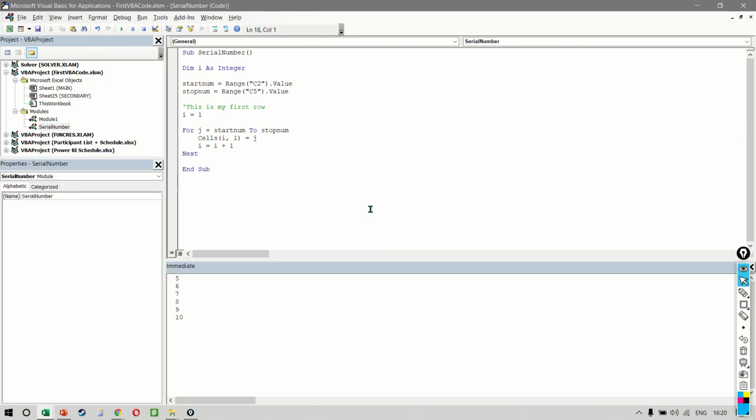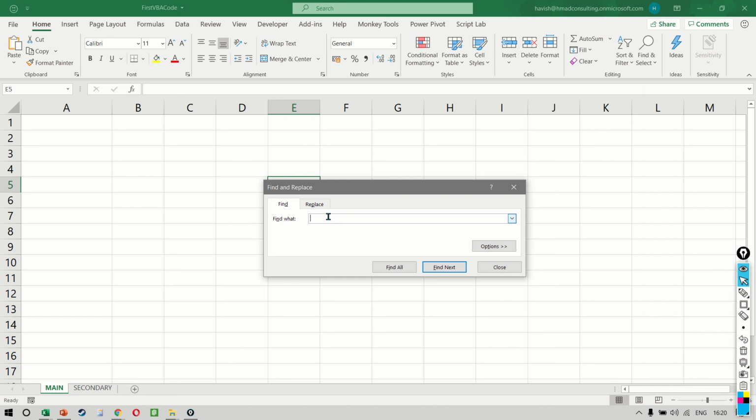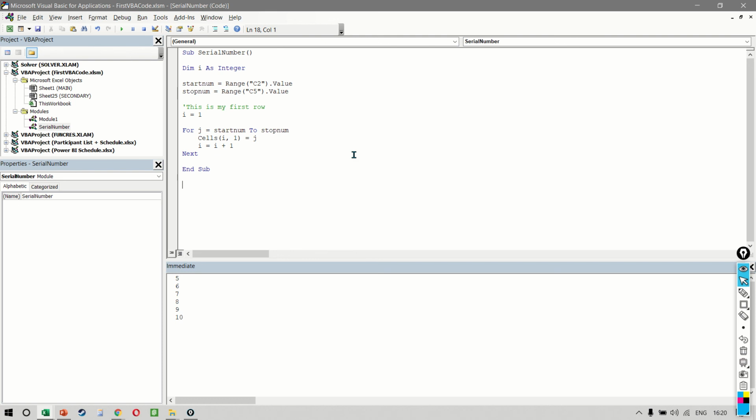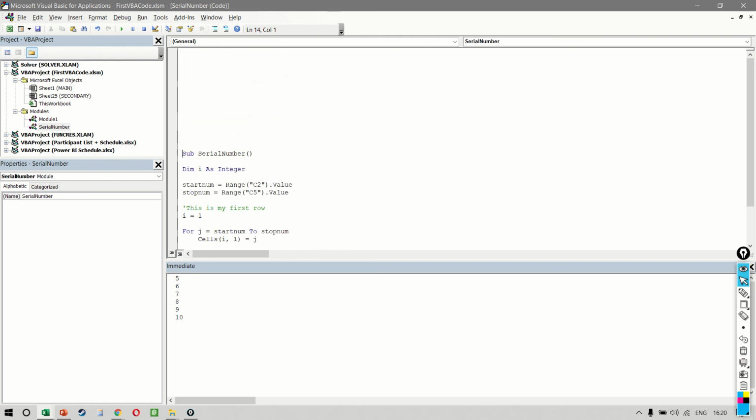That means that rather than the user having to choose the start and the end number from the Excel cells, he can actually put the numbers inside a box. For example, when you press Ctrl F, you see this box, right? Now this is a little bit like an input box because it takes an input from the user. So this time we will say that, let me just copy this code.